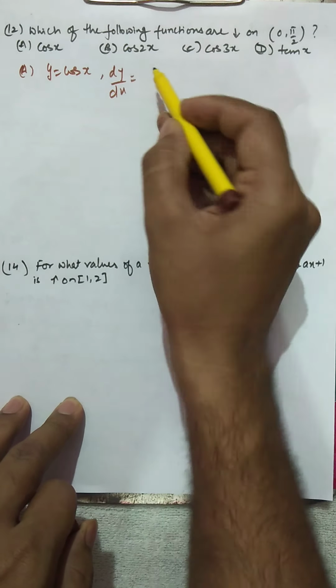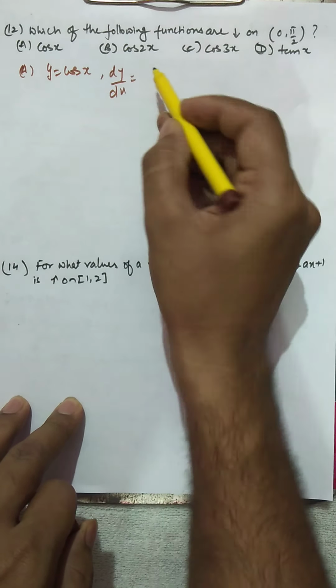Now similarly you can see for cos 3x also. You have to check here that for cos 3x, if x is from 0 to pi by 2, then this 3x will go up to 3 pi by 2, meaning 270 degrees. At that time your sine is increasing as well as decreasing in 0 to 3 pi by 2. So cos 3x is going to be neither an increasing nor a decreasing function in 0 to pi by 2.